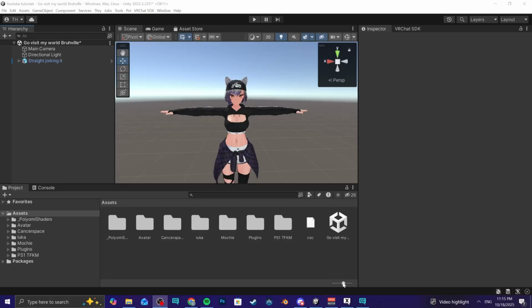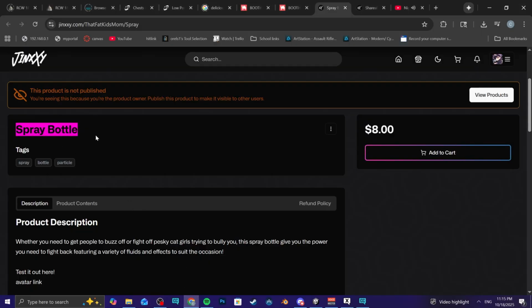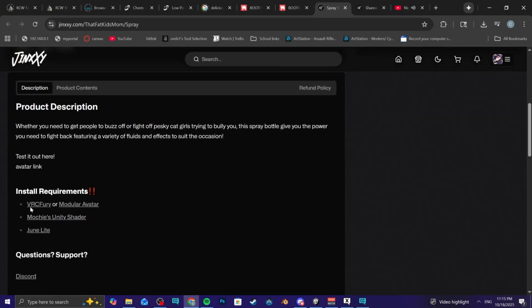Okay, so to get started with the installation, we need to make sure we have all the tools and shaders imported into our project that we need for the assets. To find those, you can go to the Jinxie, Gumroad, or Booth product pages. For example, this is the spray bottle. Go into the product description, find the install requirements section, and just make sure you have all the things listed